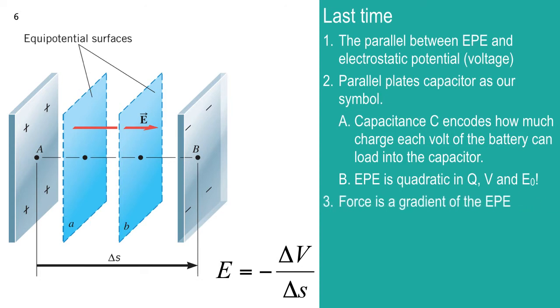So force as a gradient, and electric field is a gradient of V of R. And I'm going to ask you some clicker questions. Get your clicker handy, and let's see if you can get your brain on. Now, for this